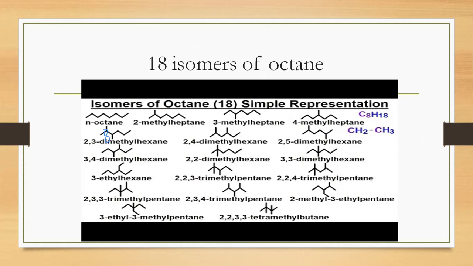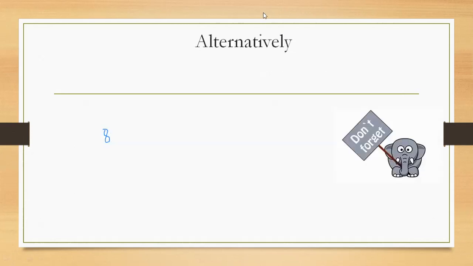The formula should flash to your mind, which means you should be very thorough with the formula. How will you become thorough with it? You have to learn it by heart, remember it, apply the formula for different cases, and work it out yourself. Then you are never going to forget it. Okay. 18 isomers.